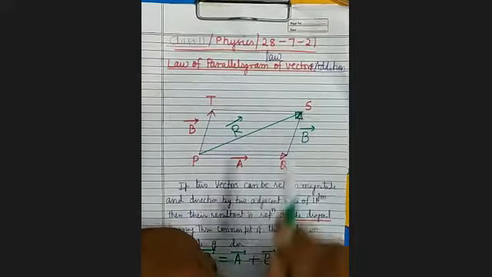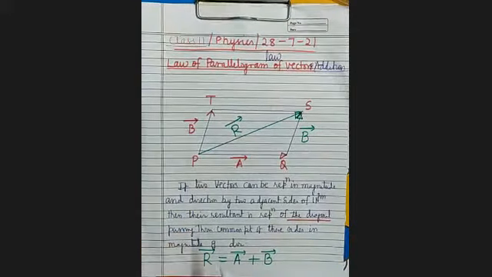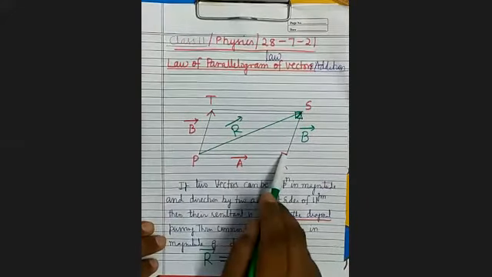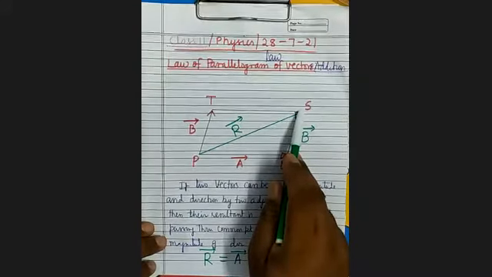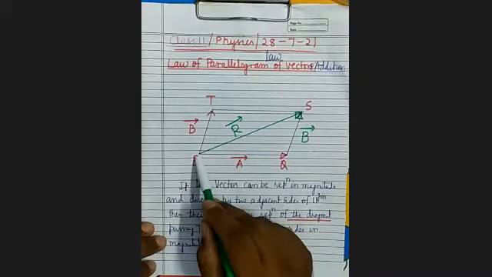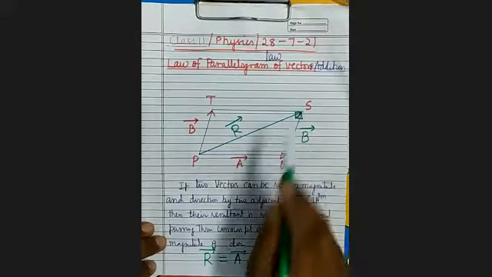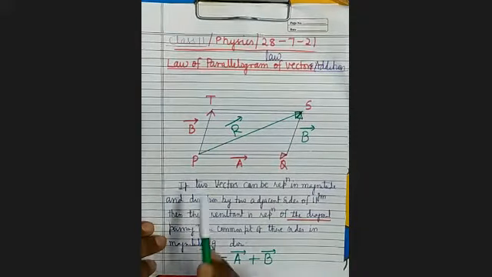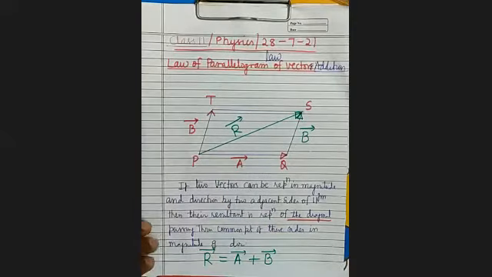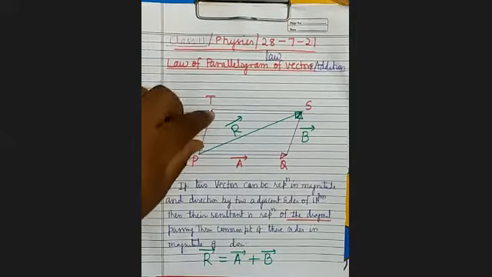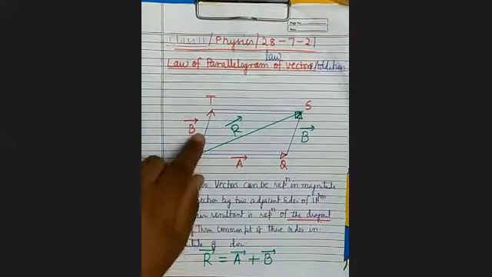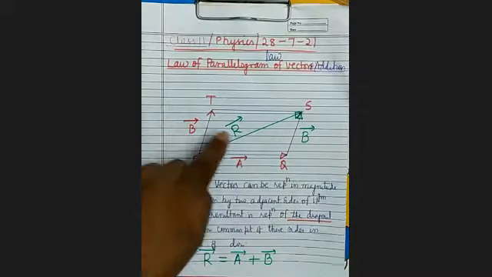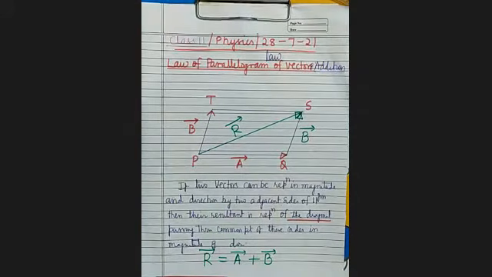So this is representing vector B. From the triangle law, you can see here, it is vector A, and from the head of vector A, vector B. So what will be the resultant from the triangle law? It will be this. Is it clear? So this is verified from the triangle law. We have transferred vector B here because PT is parallel to QS and PT is equal to QS.